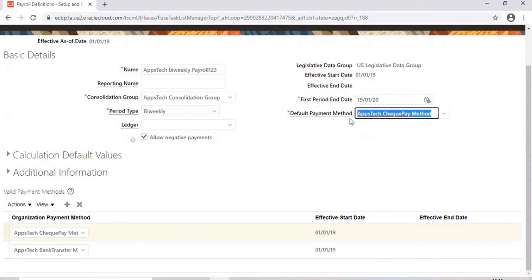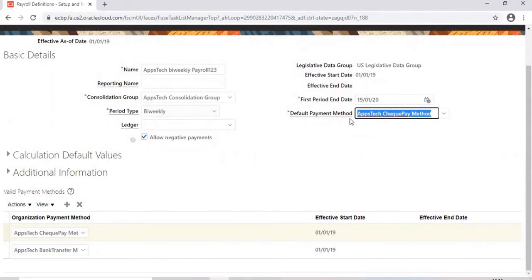You are going to attach this payroll, and everything you have entered, but you forgot to enter his bank details. Maybe for one employee you did not enter his bank accounts, and then you have processed this employee's salary. So when you run the prepayments, how does the system know how am I going to pay?